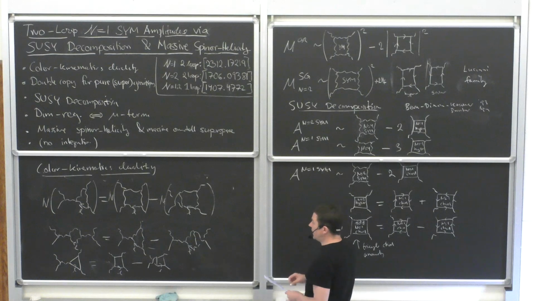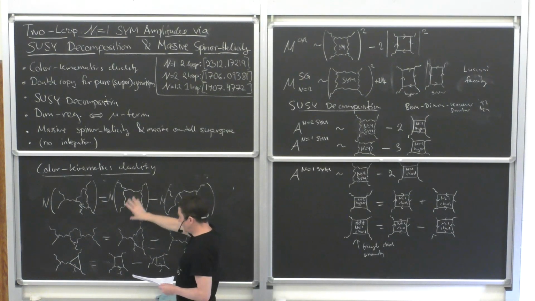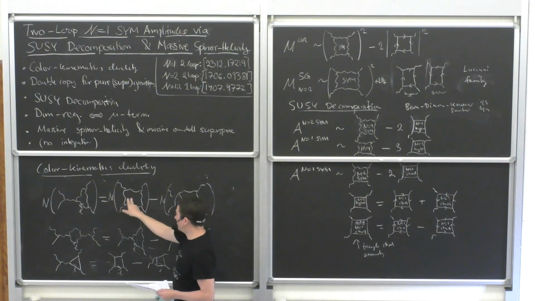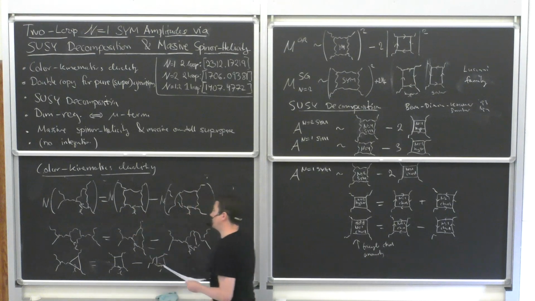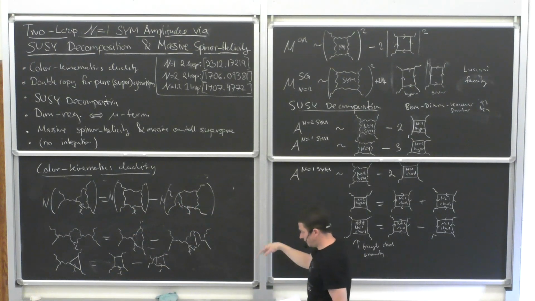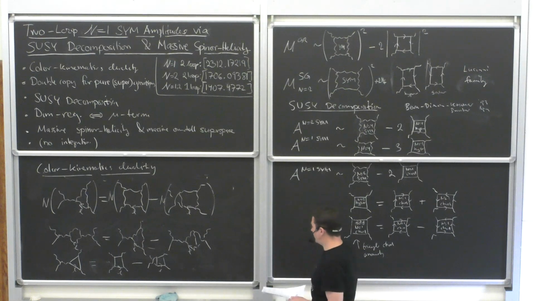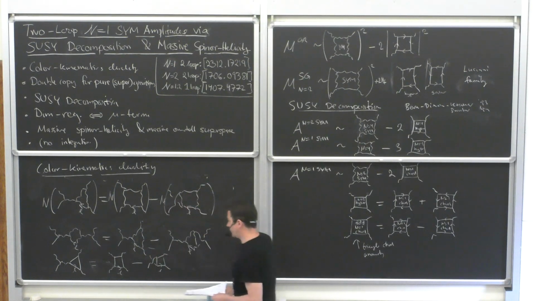Okay, so you see now, I can always map back everything to the box. Like the triangle maps to the box. The bubble maps to the triangle, but the triangle in turn maps to the box. And this also holds if you're interested in any other diagram at 4-point. But these are the diagrams that actually give you something when you integrate them.